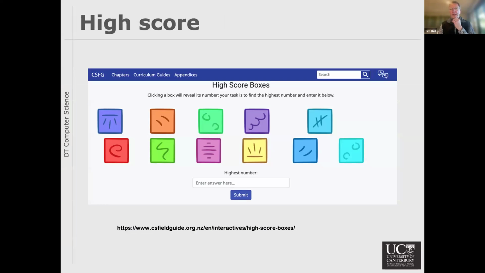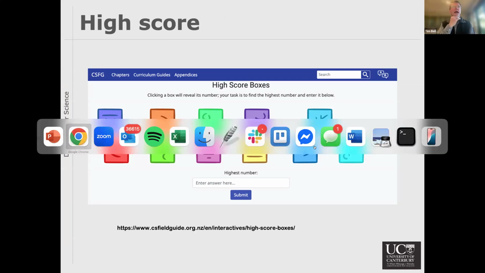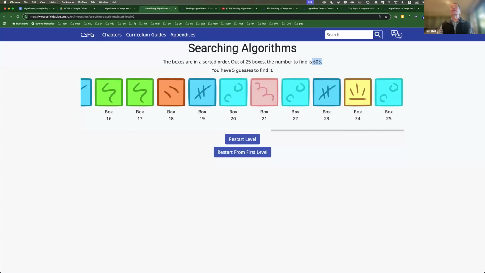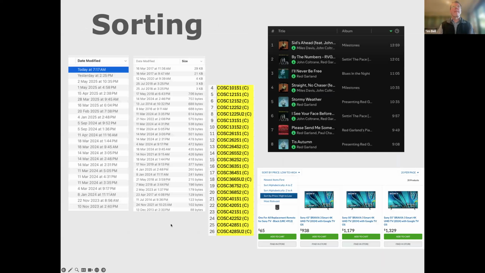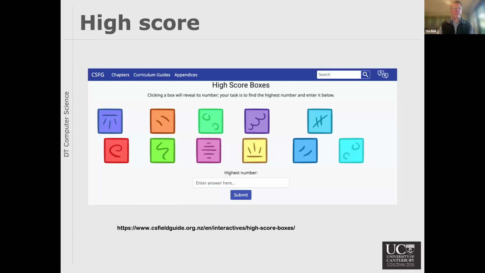Right. Now I'm going to do a completely different algorithm. Again, probably much faster than I'd like to, but many of you may have done this. Get back to it. So what I do is I say, well, we've got some high scores from a